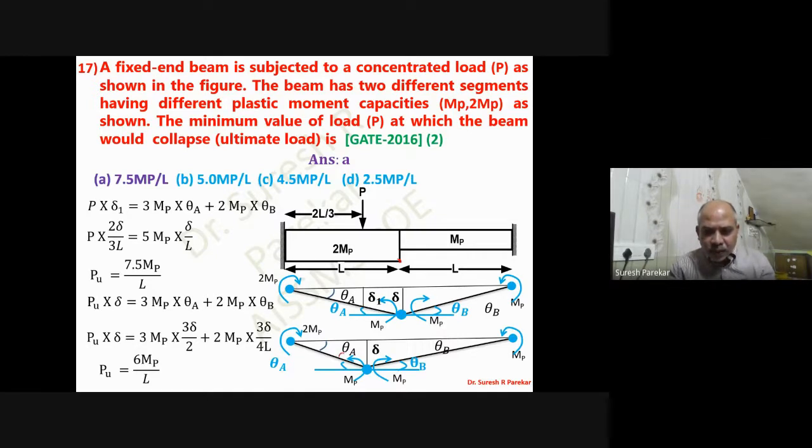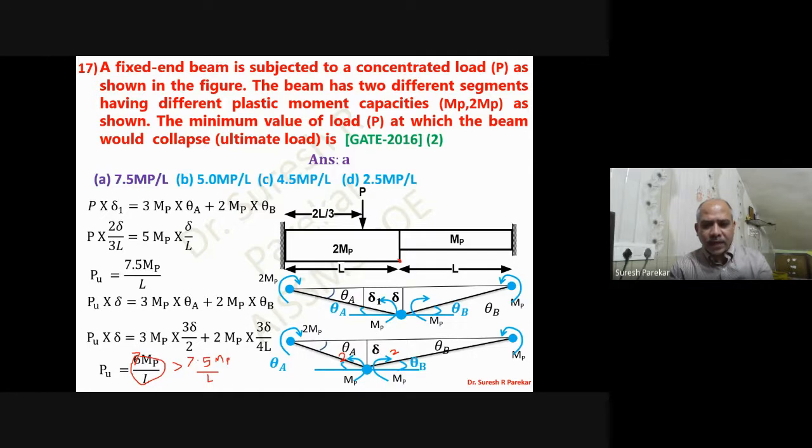Sorry, this will be 2 actually. This is both sides. We have a point in between. So we have 2, 2, 4, 2, 6 and 7. So this will be 7 MP by L. And here we have, sorry, 3, 2, 5 to 6. So this value, if we calculate, you will get it greater than 7.5 MP by L.